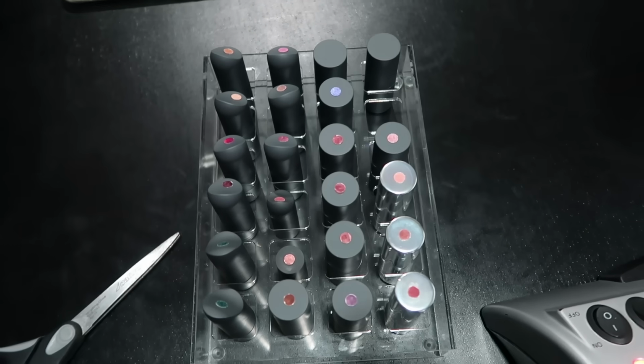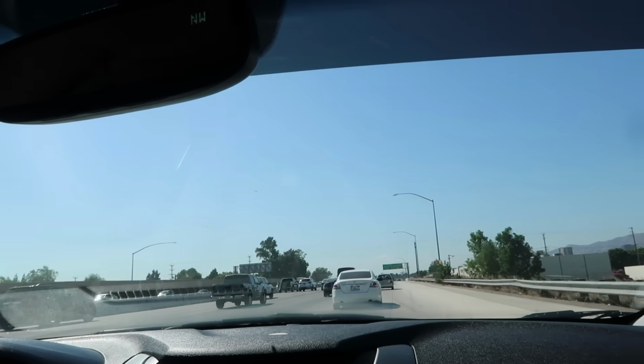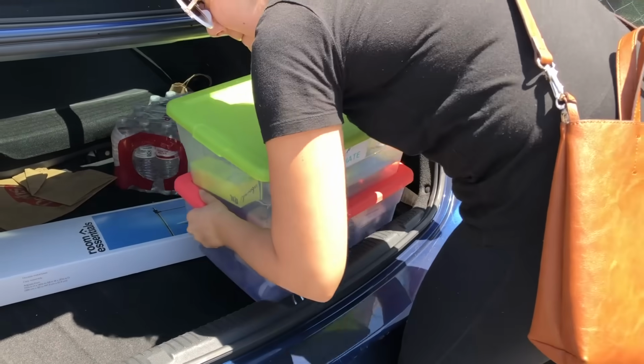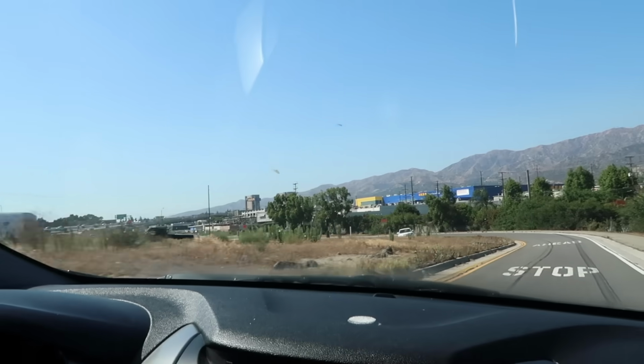All of the makeups, a check. So I think with Practically Perfect's organization leg of the project done, the room was like 90% finished, with just a few tasks left for Tyler and I to complete. First up, we ran some of the unopened makeup products that I had over to a donation center that accepts cosmetics. And then afterwards, we headed back to